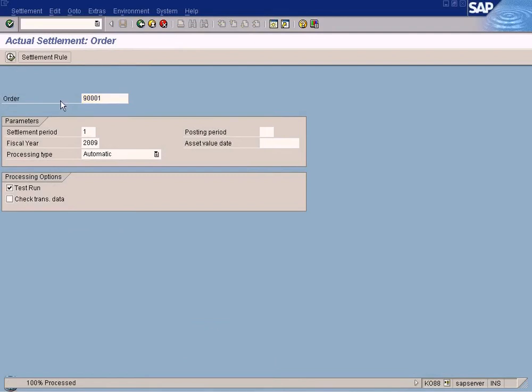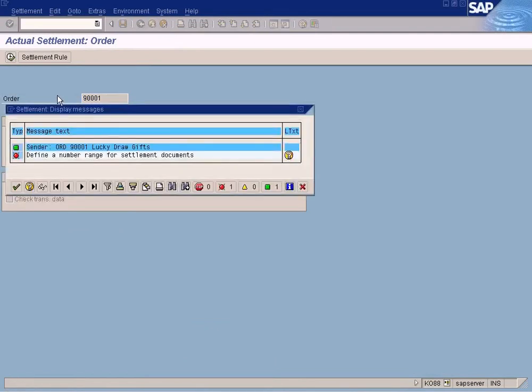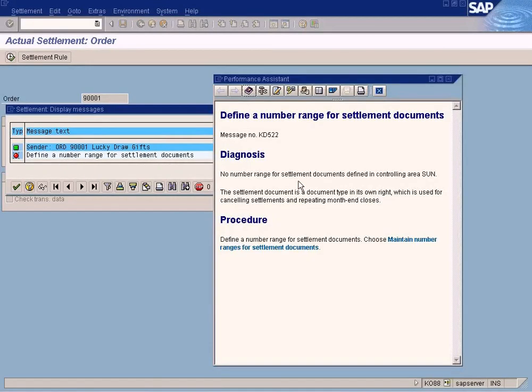The error message has disappeared. Now we say define number range for settlement documents. We haven't defined the number range. Alright, let us go to the step